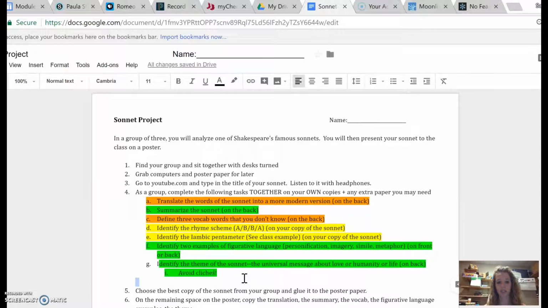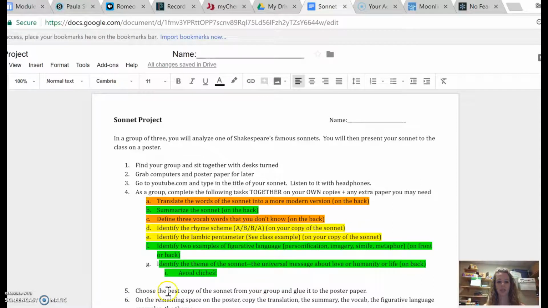So you're going to turn in all your sonnet stuff today, and make sure your name's on it. And then I'll, of course, hand it back to you on Thursday so we can continue working on it. So you're getting a grade today based on participation, based on how much you get done. The orange and the yellow have to get done today, all right? The green, not as much. We can spend a little time on Thursday, all right?